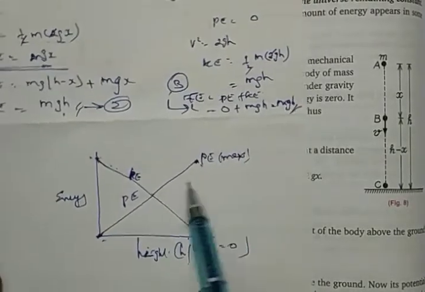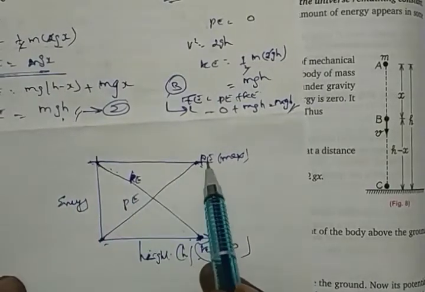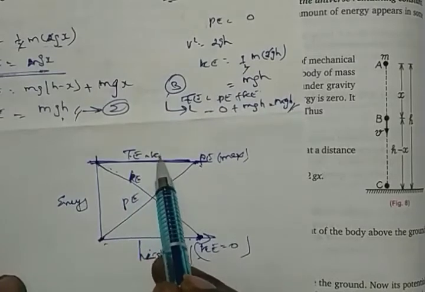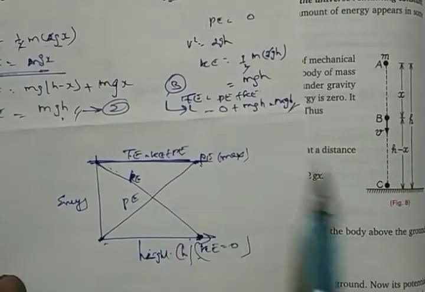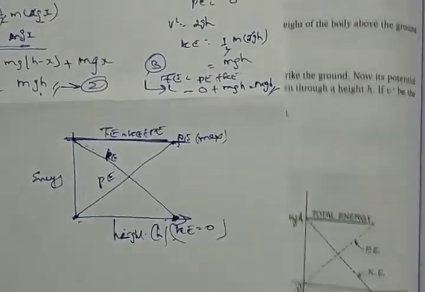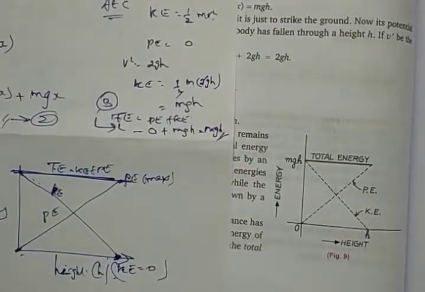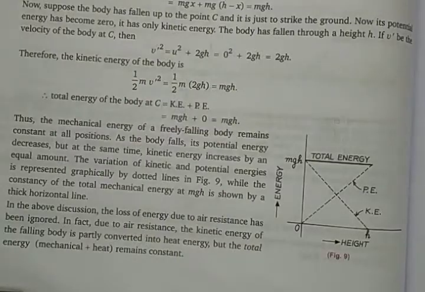Look at this one. And total energy will be like this. A thick line can be drawn like this. This is total energy, kinetic energy plus potential energy. You know this one? The graph is also already here. You have studied this earlier also. Please note down this graph. Right? So moving to the next part of it.